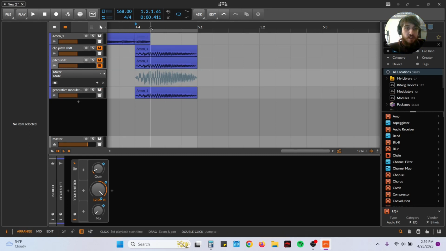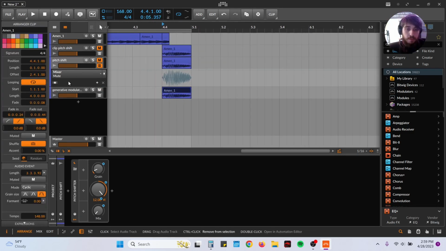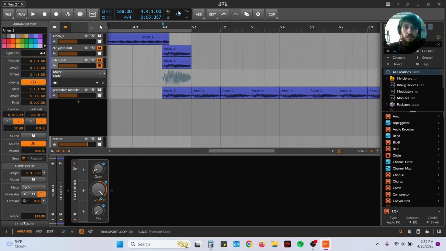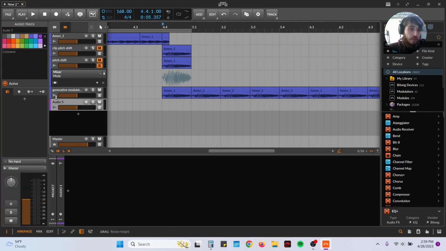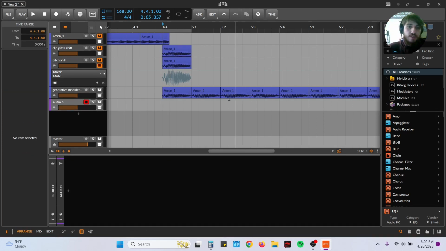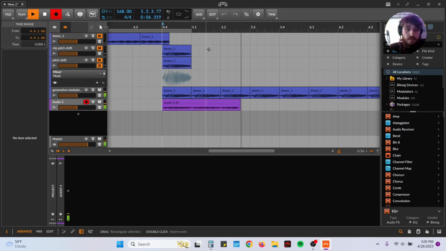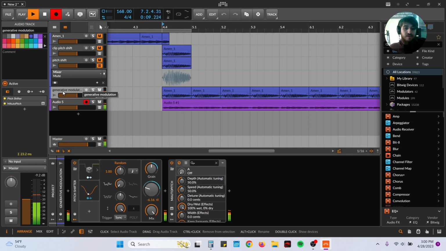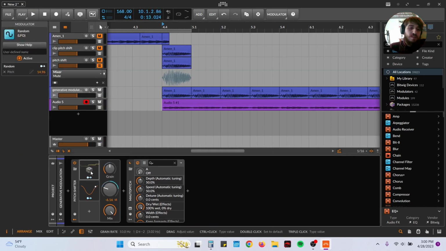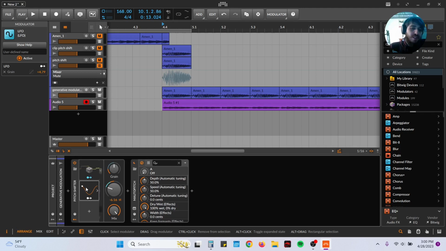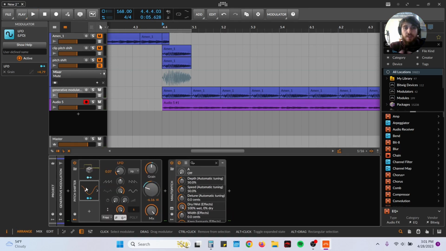Right here, you could just duplicate this clip. So the generative modulation I have routed into audio 5. I'm just going to record it. This is the same snare sample that I've been playing, just stretched a little bit like everything else. Let's speed up the LFO a little bit. So I actually have this set up to give me more variation over the length of a bar. So if I speed up this LFO like that,